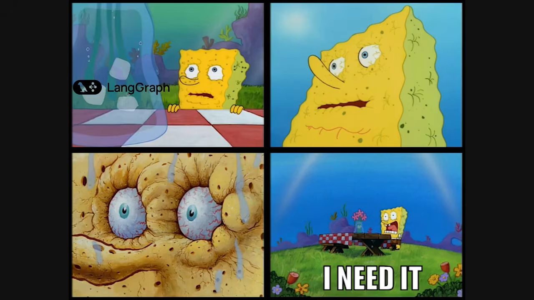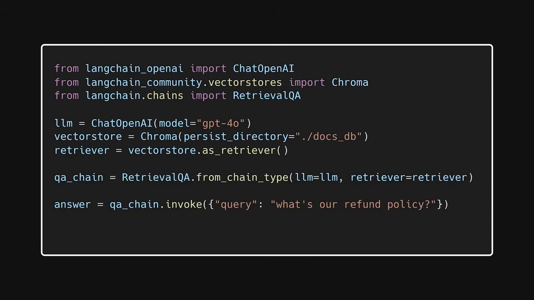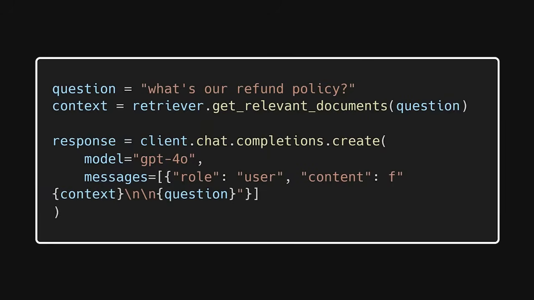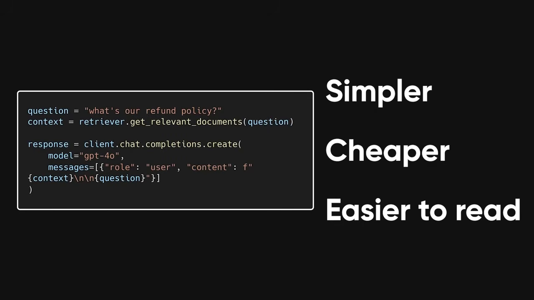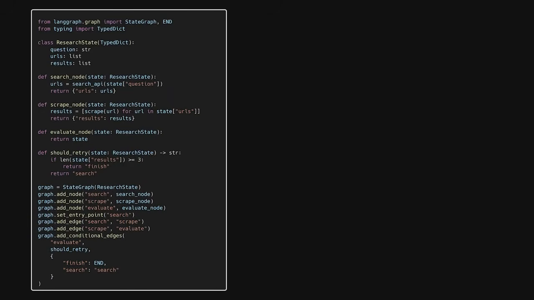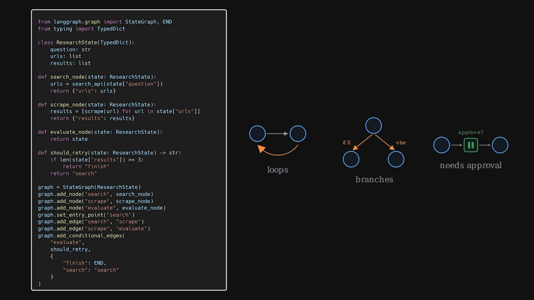And listen, none of this means you should reach for LangGraph on every project. If what you're building is a straightforward question and answer pipeline over your own documents, one call out, one callback, LangChain by itself, or even the plain API call is simpler, cheaper to maintain, and easier for the next developer to read. LangGraph earns its complexity the moment your agent loops, branches based on real conditions, or needs a human in the loop before it continues. Below that bar, you're adding structure you don't need yet.